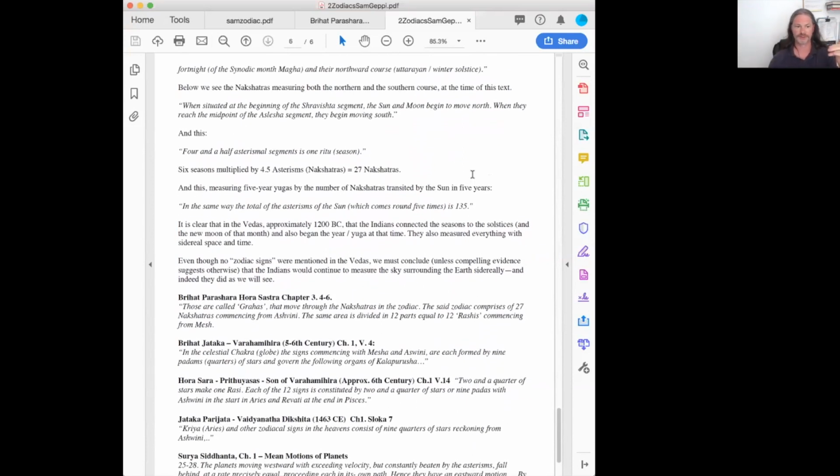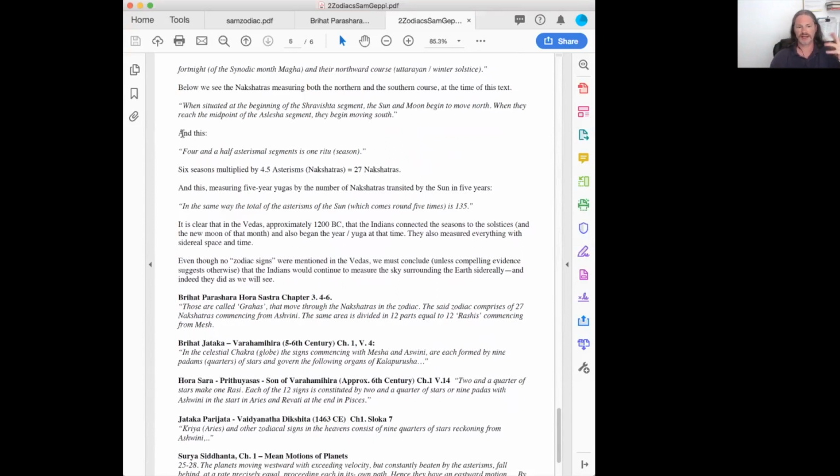So clearly they understood. Then he says, when situated at the beginning of Shravishta segment, the sun and moon begin to move north. When they reach the midpoint of Aslesha segment, they begin to move south. Of course, one would think they know that it's the sun. So they're saying that at the beginning of Shravishta, the sun begins to move north. In the middle of Aslesha, they begin to move south. So at this time, the northern course of the sun, which is the solstice, happened in Dhanishta at the beginning. So this is how we know it was like 12 to 1500